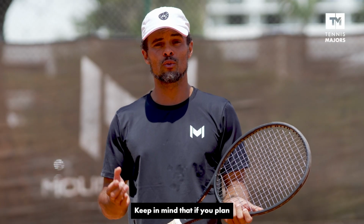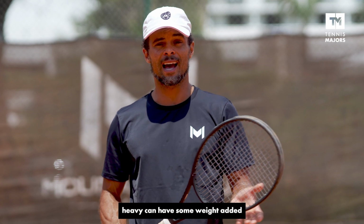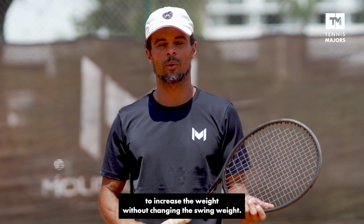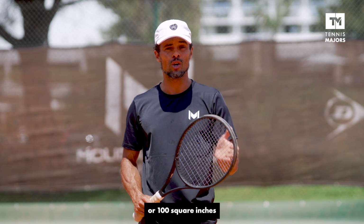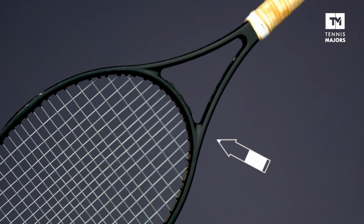Keep in mind that if you plan on adding weight to your racket, a racket that appears to be head-heavy can have some weight added to the handle of the racket to increase the weight without changing the swing weight. Lastly, a small to medium head size, so no more than 645 centimeters square or 100 square inches, and a thin beam, that's the thickness of the frame, will help you keep some